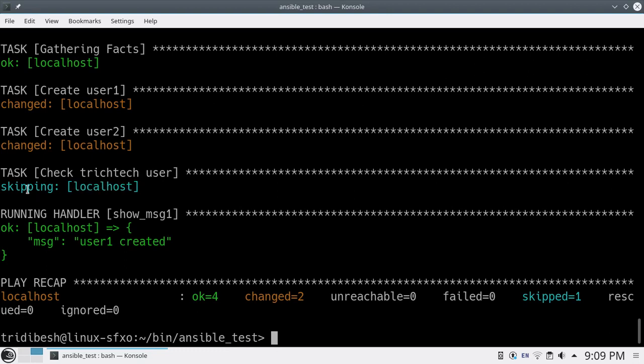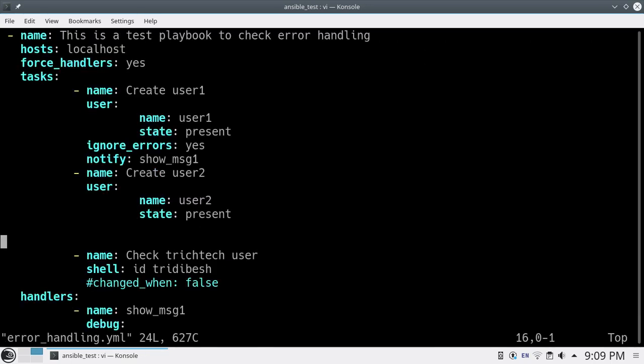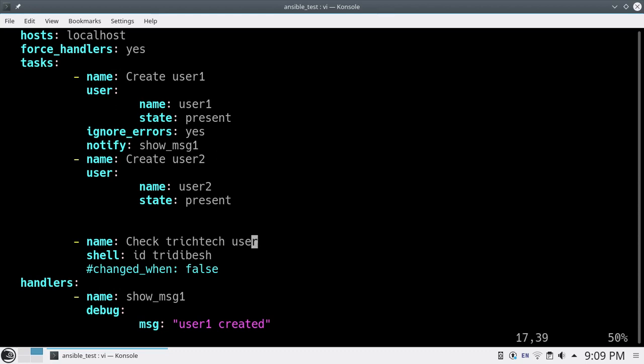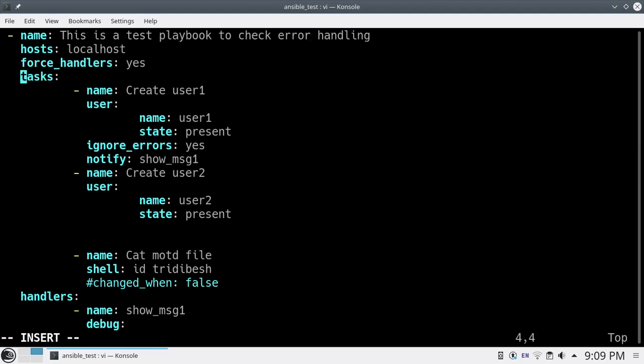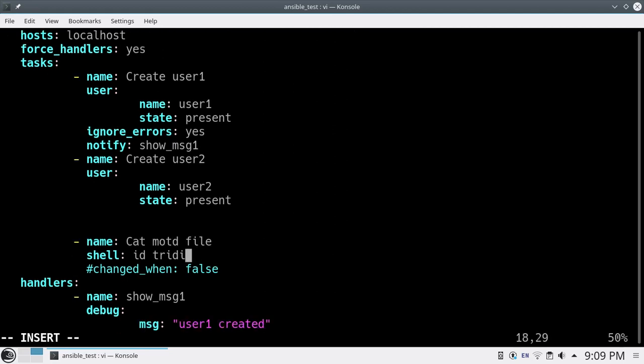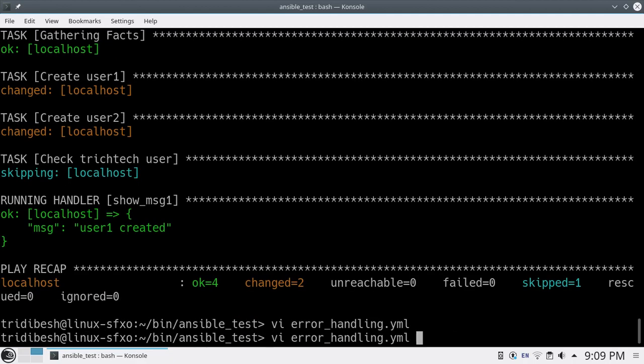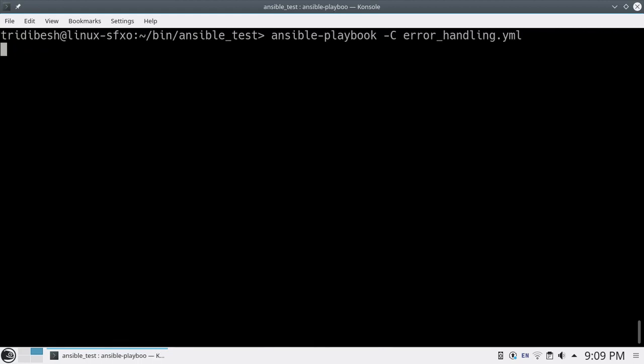So it's saying skipping. Or let me do one thing, instead of doing id, let's use the /etc/motd file. I'll put cat /etc/motd and I'll save it and run once again.